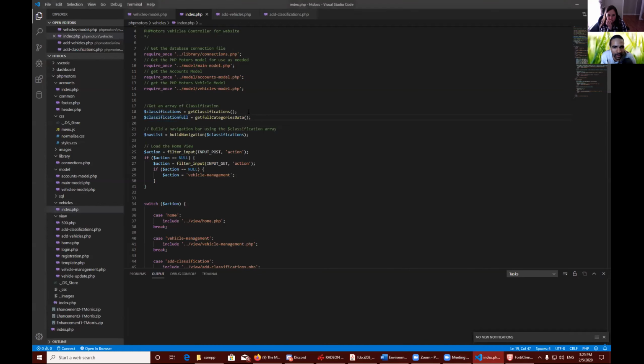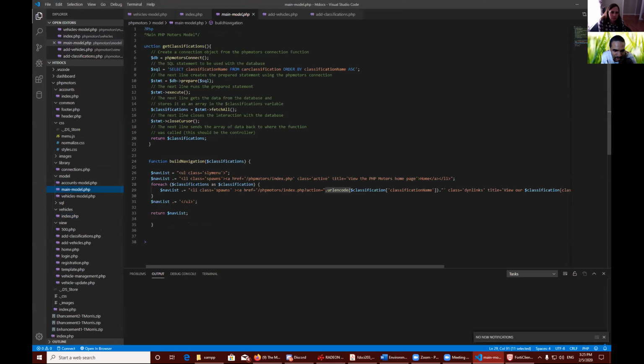So I basically ran into that same problem because I was saying, okay, the classifications would get everything for the nav link, right? Because if you look here, you see that this nav list basically builds the navigation and calls it classifications. That's basically where I put it. Now, I was getting an error constantly saying that the category ID is not accepted. And I was wondering, what is this category ID? And that is where the functions are different,